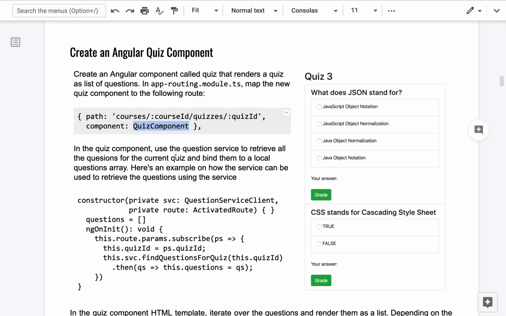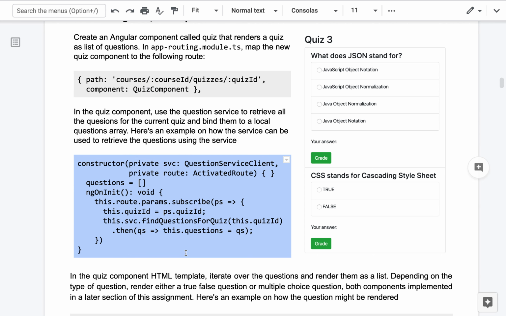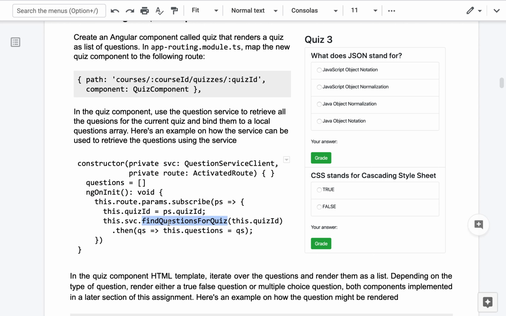The quiz component is going to render a list of questions. So it's going to go out to a server using a question service client. It's going to find the questions for that quiz. If you give it the quiz ID, it'll fetch the questions for that quiz. And then the questions, you can assign them to a local array of questions